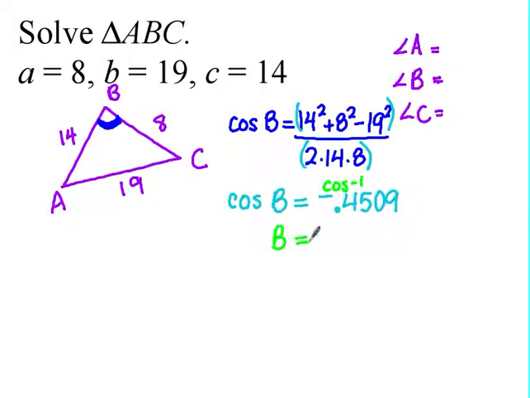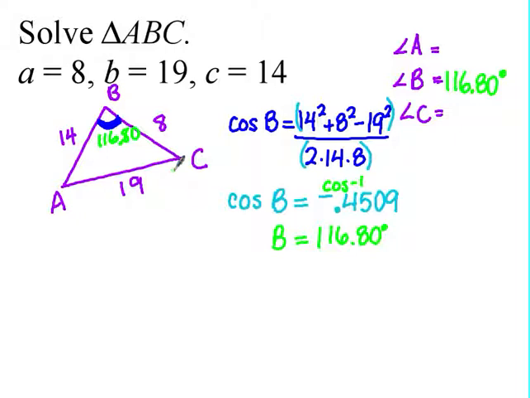What do you get? 116.80. That's why it's negative. If you get a negative here at the cosine, it's going to be bigger than 90. Okay? So angle B is 116.80. Now what I need to do is find one other angle, and then I'll be able to subtract